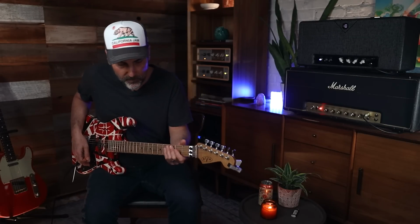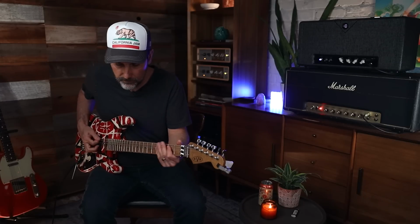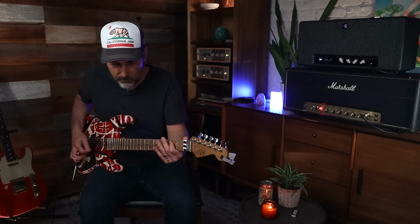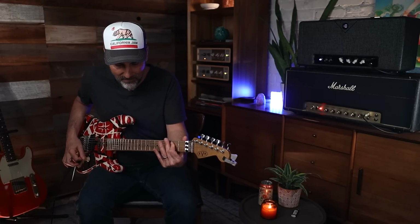So they both have their gain at 9 o'clock. The treble on both pedals is at 1, and the output on both pedals is at 1 as well. And the RC Booster has a little bit of the bass taken off. So check this out. Bass Marshall tone. RC Booster. And if I add the Klon side,